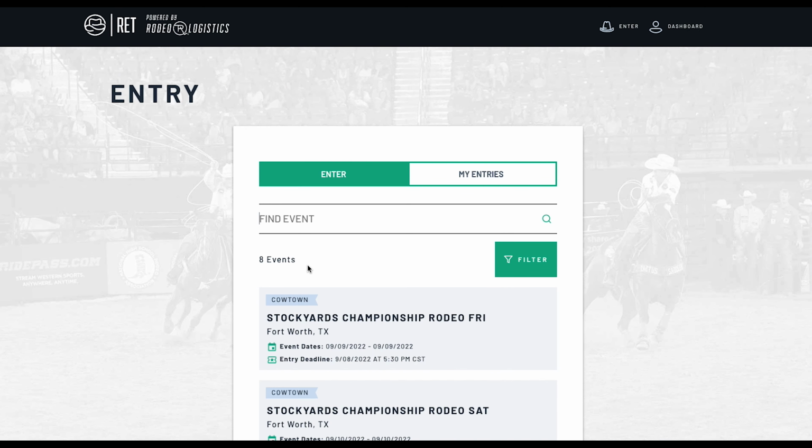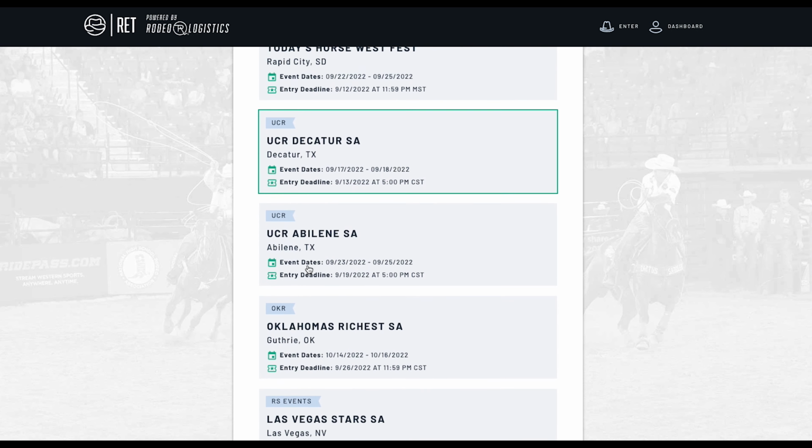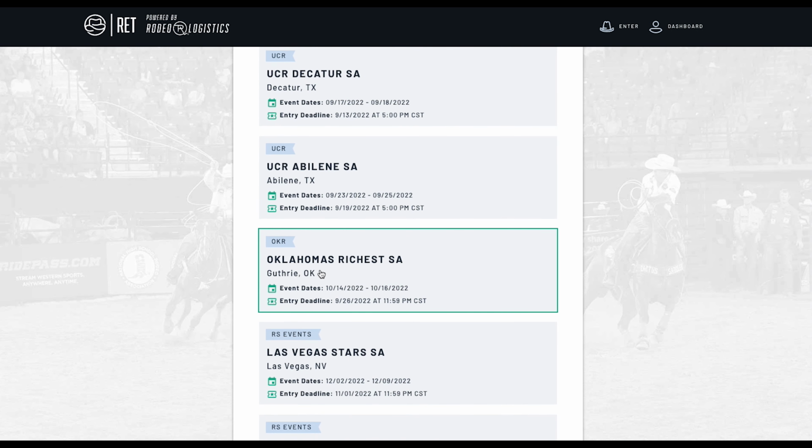Now if I want to enter an event that has classes in it, I'm going to look at Oklahoma's Richest. Now one of the things that you'll also see is, as an open only person, if I don't have a youth under my name, then I'm not even going to see this as an option because it's a youth event. But I do have a youth under mine, and so now I can click into here,